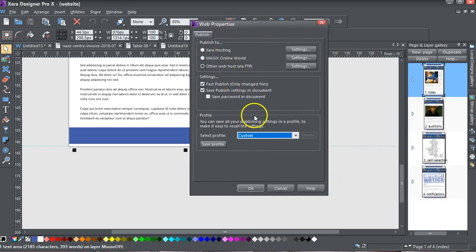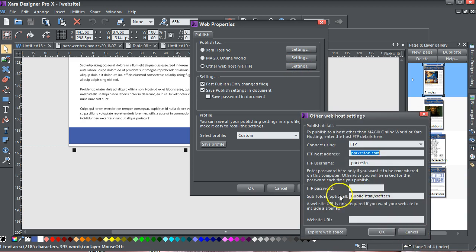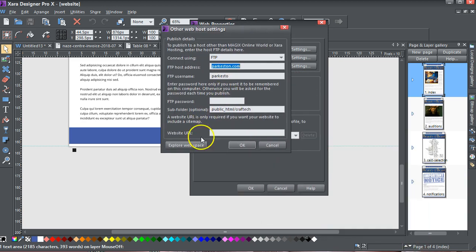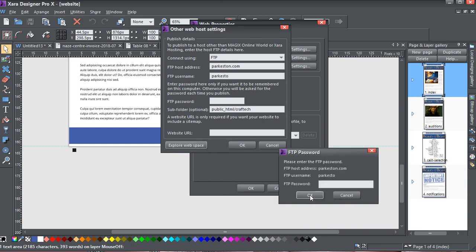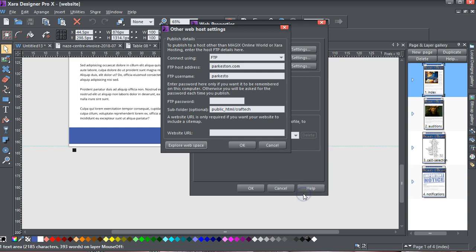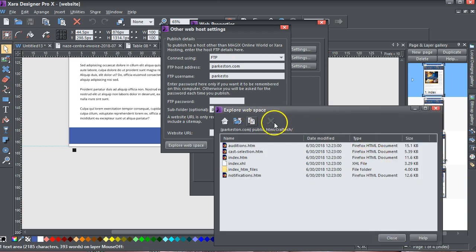And here the FTP settings are, and I can look at the settings, and if I want to just check they're right, I can always go Explore Web Space. I have to enter the password. Click OK, and it should open up with that file that's Public HTML Craft-Tech, and it shows me the 4